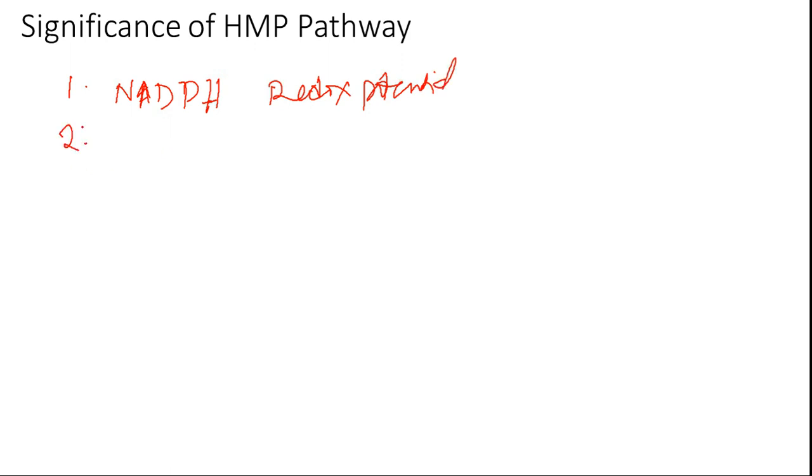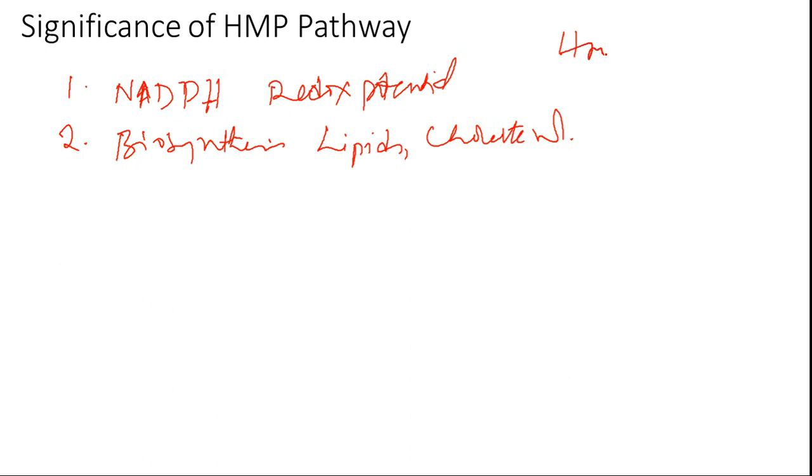Second one is NADPH is essential for biosynthesis of several molecules, including lipids or fatty acids and cholesterol. Okay, cholesterol. Terpene related metabolism, whenever and wherever it is there, NADPH plays a major role. Because lipids are biosynthesized from acetoacetyl CoA, the HMG CoA pathway. So from here isoprenes are produced.